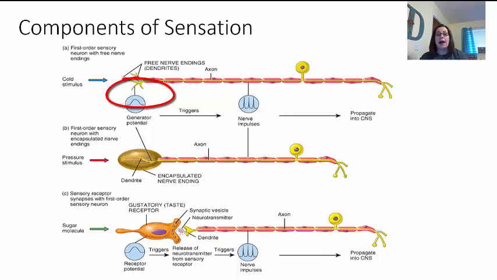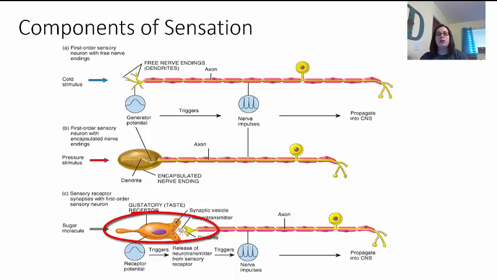If you'll notice, it's encapsulated, so that when it's almost like a ball, when it gets flattened, that's when it feels the pressure and it sends the signal. On the other hand, with C, this one is going to be more of a chemical, when it detects chemical changes, and so this one particularly is for when we look at something like sugar, sweet, and it detects that it's sweet and it sends the message down that sugar is present.